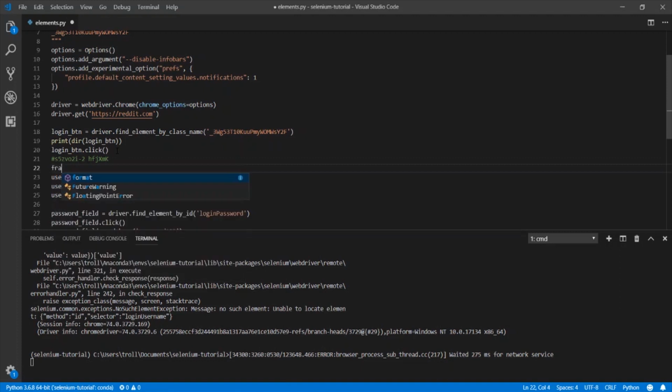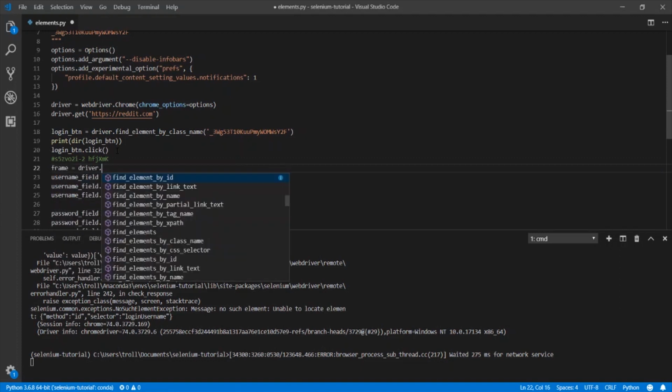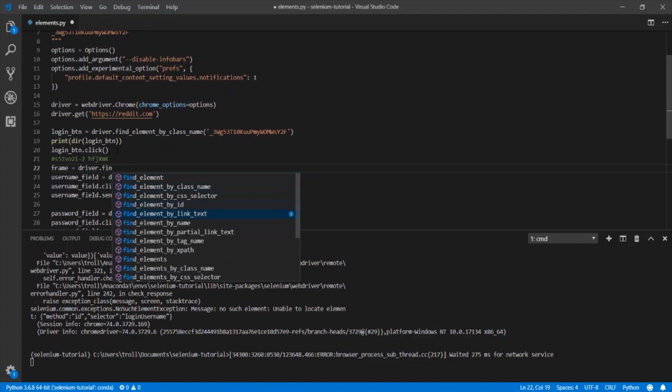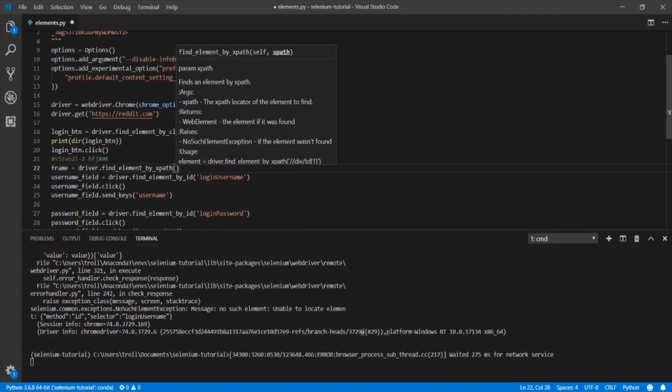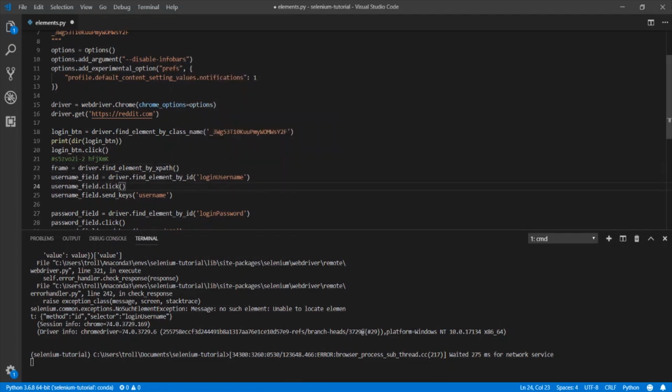Basically, we're going to do frame equals driver dot find element by XPath. Unlike these where we can only have a single ID or class name, we can't put a space here and add the second class name, it'll cause an error. But with XPath, what we can do is